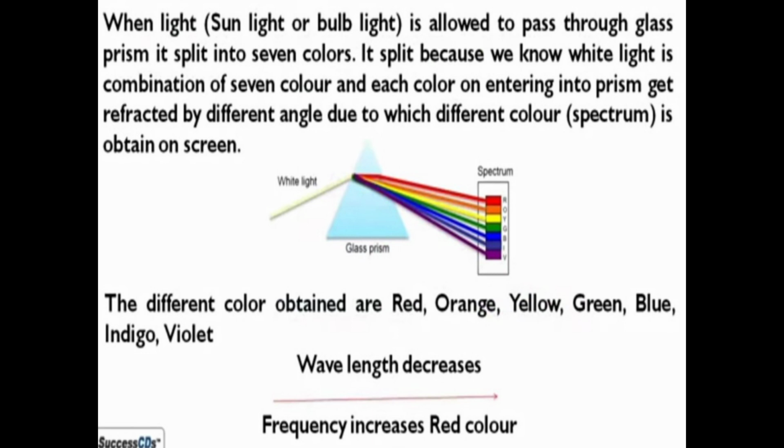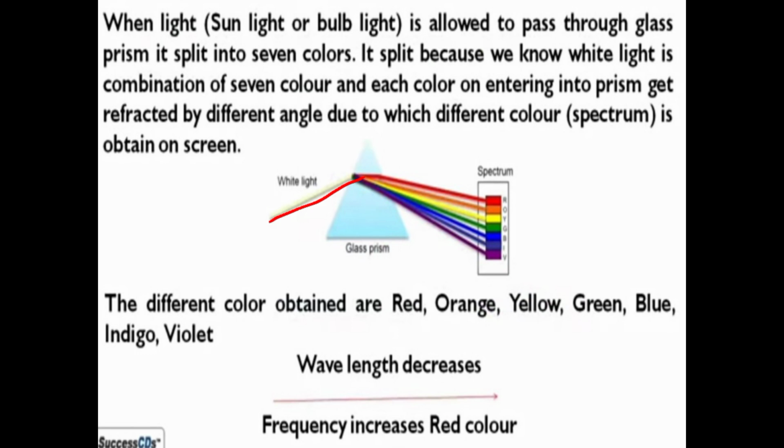Prism is also simply that thing. It splits the incident white light, the white light that is coming, into bands of colors, that is, into bands of 7 colors. So let's see, when light, that is sunlight or bulb light, is allowed to pass through a glass prism, it splits